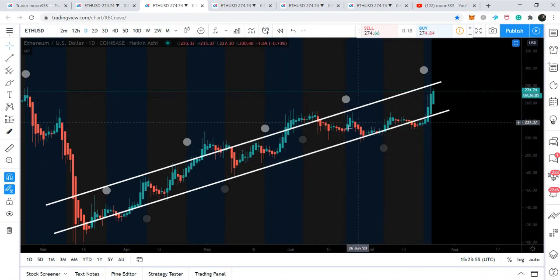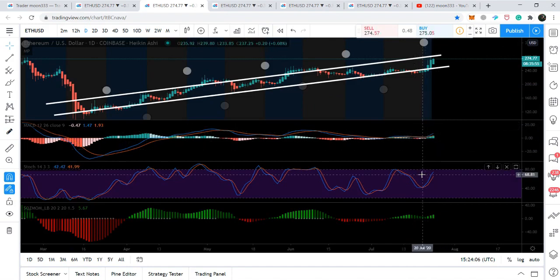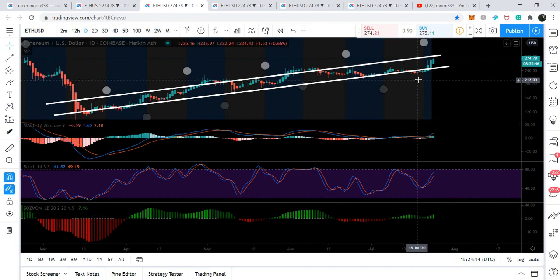And if we watch the daily chart, the smaller time period chart, then the price action is still moving in this up channel. And here for some time, the price action broke down this support of the channel. And if we want the different indicators, for example, this is the MACD, this is the stochastic, and this is the momentum indicator, as I placed in my previous chart, same as that I have placed here, then we can see that when the price action broke down this support of the channel here, on the very next candlestick,